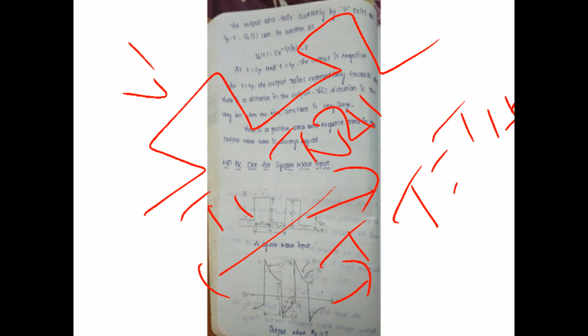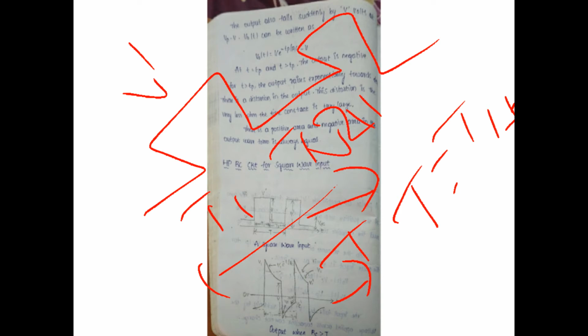RC far greater than T. In this condition, the amplitude of the output signal is twice the peak value of the input. We are applying the input signal. Suppose it's a 1 volt. After we apply the RC far greater than T condition, the signal will become twice the input signal. That means it will get the 2 volt level. It increases to 2 volts.